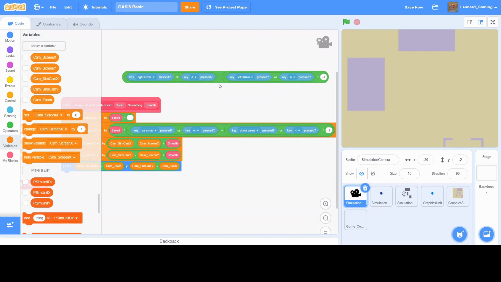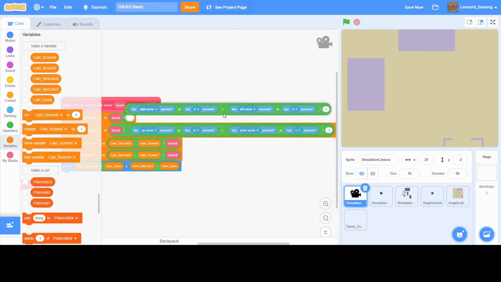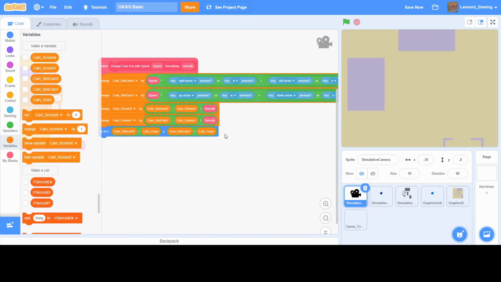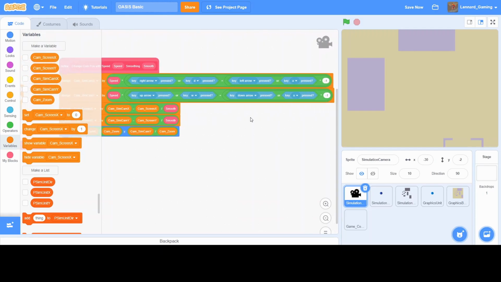And if both keys are pressed, it just stays at 0. When just, for example, the right arrow is pressed, then it says that this is 1. And if I press the left arrow, for example, it says it's -1. This then gets multiplied by the speed and therefore changes the position on the x-axis of the camera. The same happens here with the